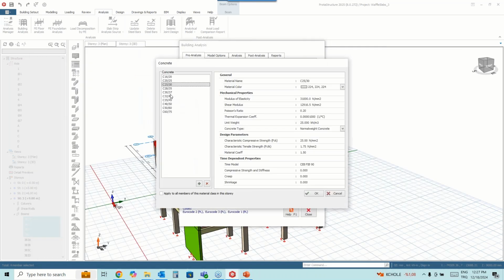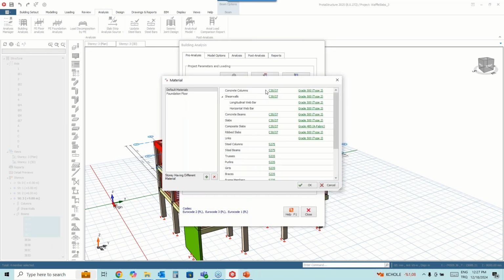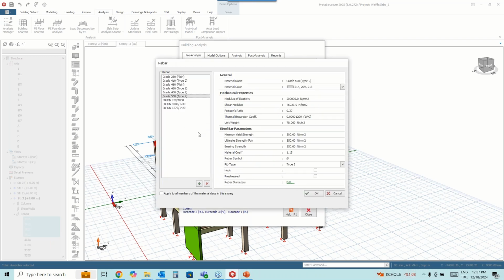For example, let's use a higher concrete grade, and you can apply all other members with just a single click. On the right side, you will see the rebar grade. So you can select any rebar grade here, or you can add your custom rebar grade like this, and you can change the rebar properties from here.